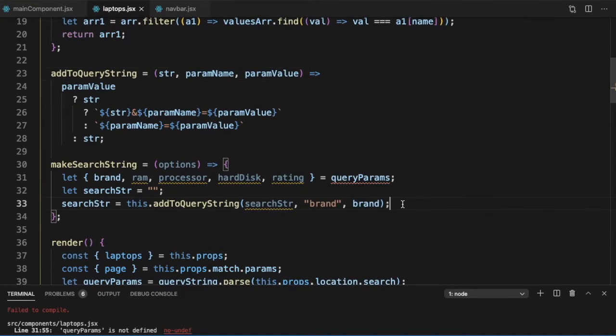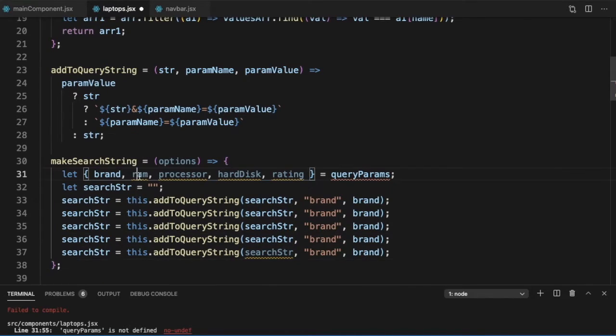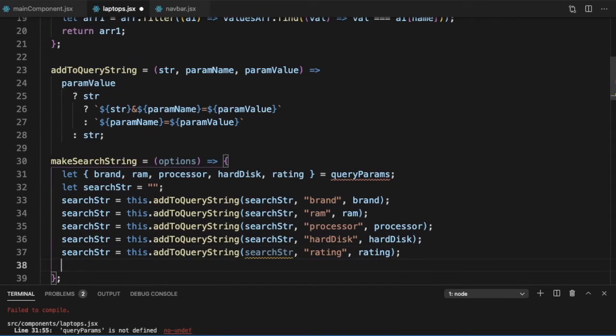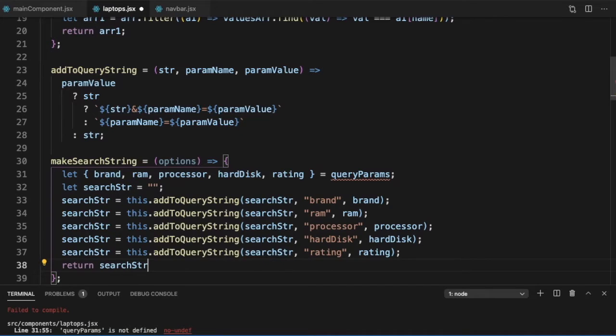Once we have constructed our addToQueryString, let's run it for the others. So we have RAM, processor, hard disk, rating, and we will return our search string.